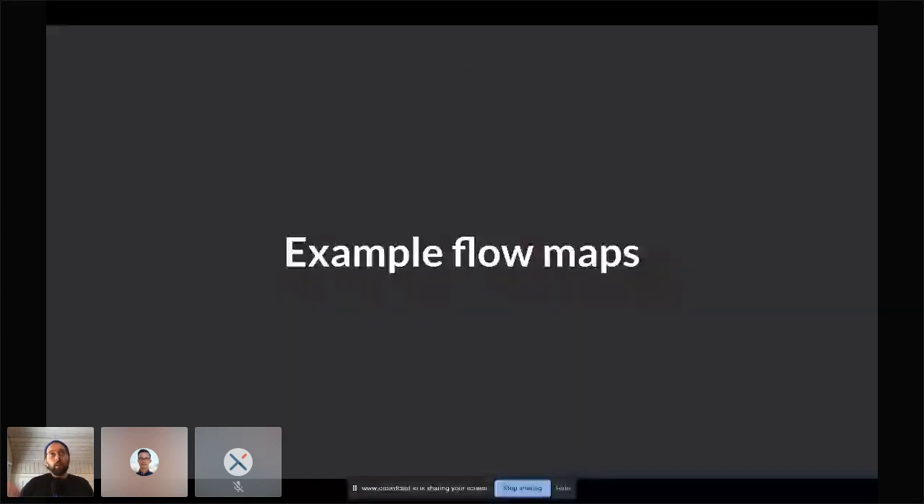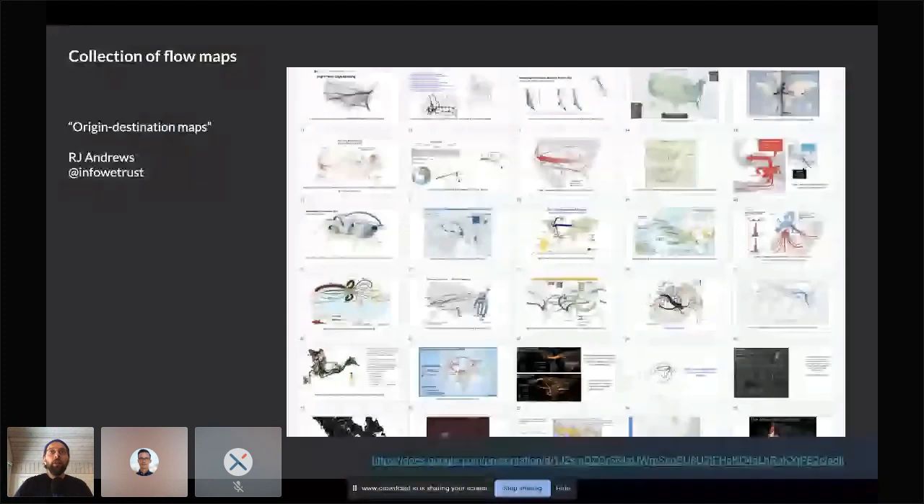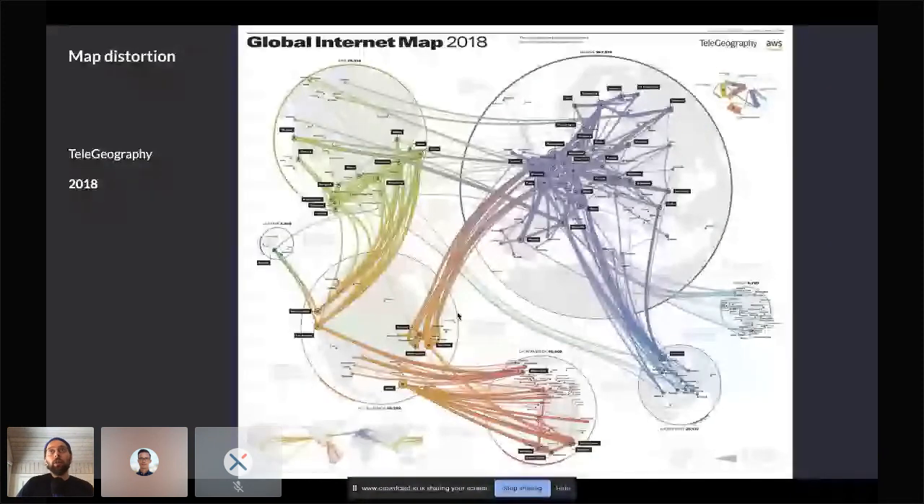Yes, a few examples. There is a good collection maintained by R.J. Andrews, the author of the book Info We Trust. It's a Google presentation with many flow maps. There are a few other examples which are not in that collection, which I found interesting and wanted to show. This one uses a map distortion to emphasize the areas where there are more